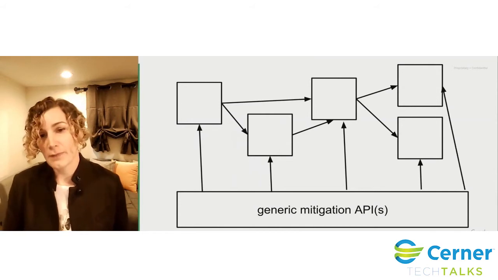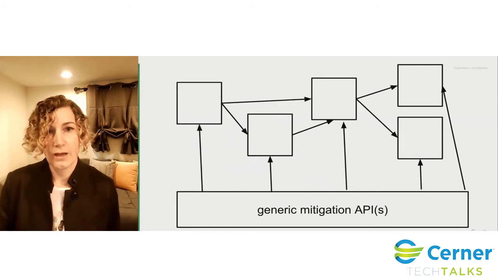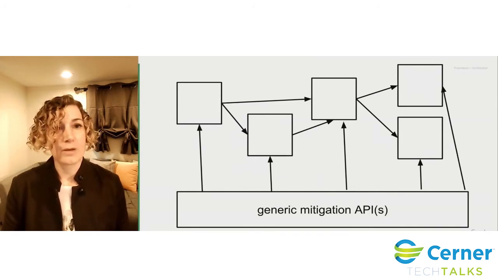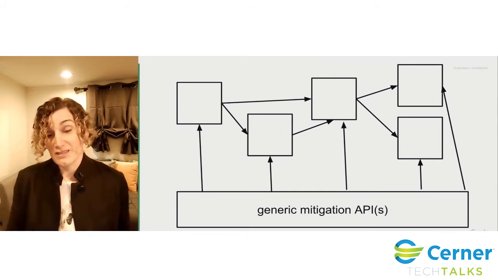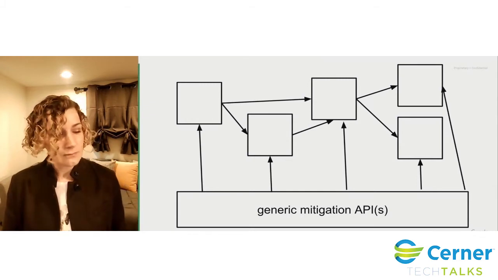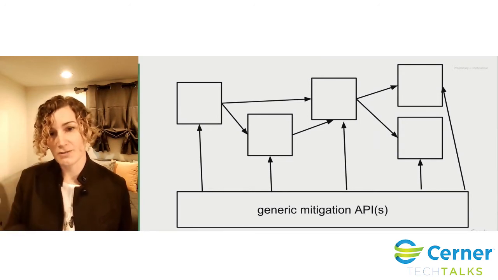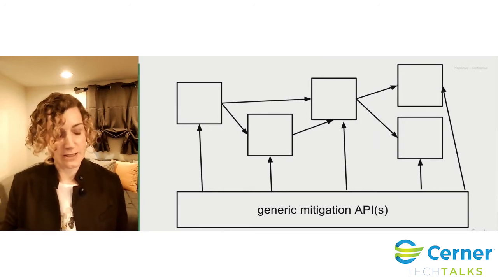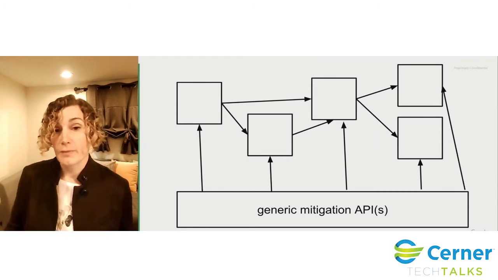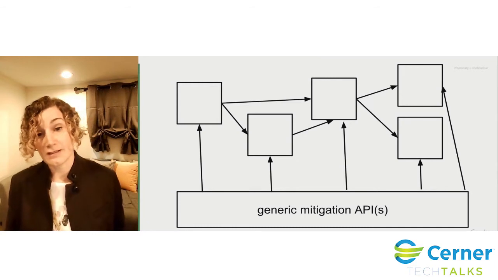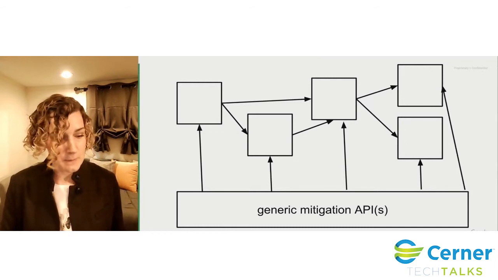Because what might happen is it might be a problem with garbage collection. It might be a problem with deadlock. It might be a problem with memory. And so your generic mitigation could be, I'm just going to restart this thing. And you could have this be a playbook somewhere with all the places you have to SSH and all the places that you have to log in and what commands you have to enter. Or you can make it an API, and then you could build tooling on top of it instead of just having a shell script somewhere or a playbook somewhere that you could execute.